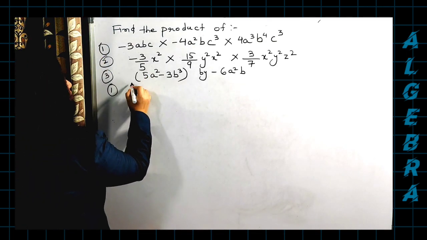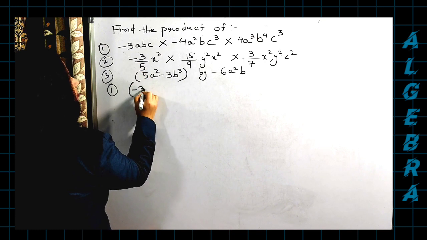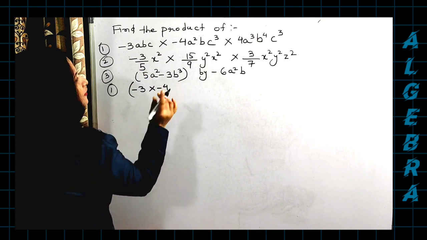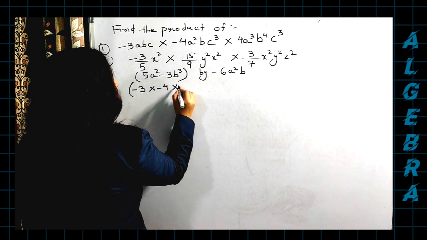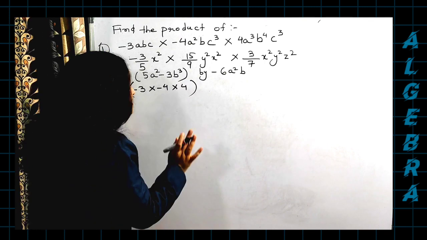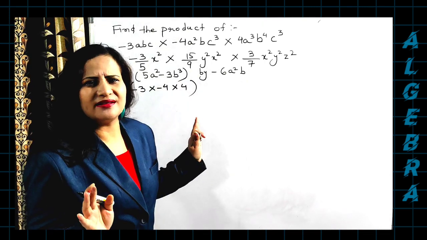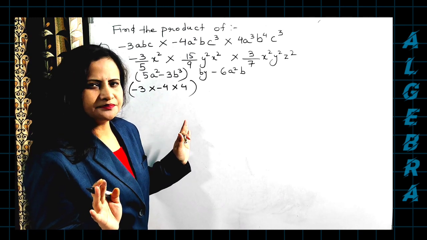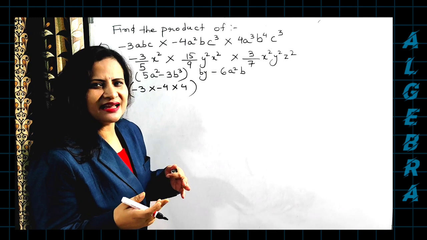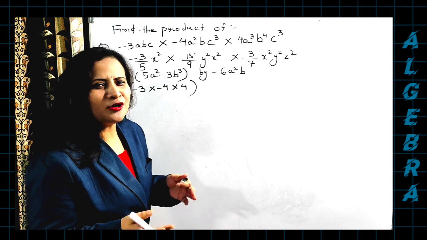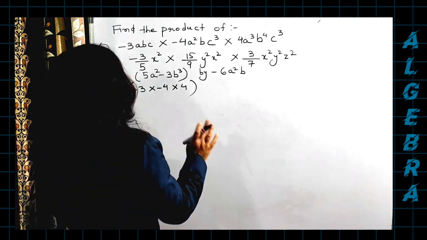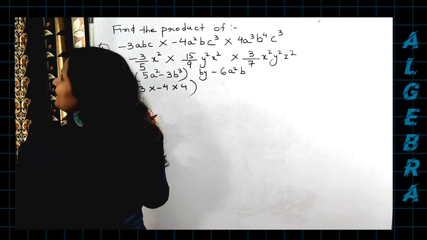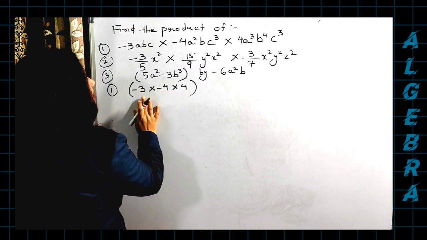So now just see here. Just separate the number part. Minus 3 is multiplied to minus 4 very simply. What I have done now? I have simply put the numbers together along with their sign. That's it. The first thing. Okay? And when you become expert in that, when you become more fluent, you can do it directly also. But for the time being, you have to go for this. So I have just separated the number part.